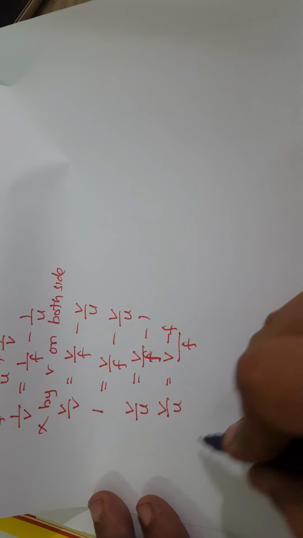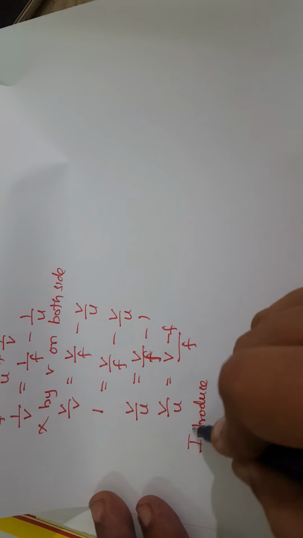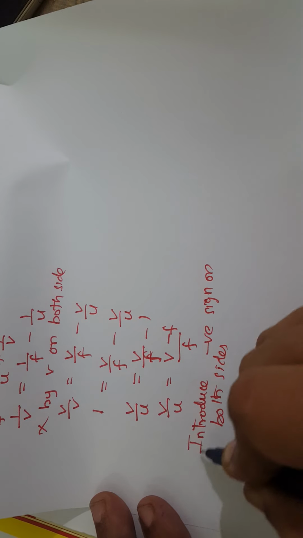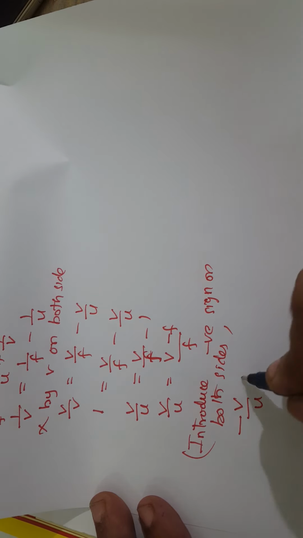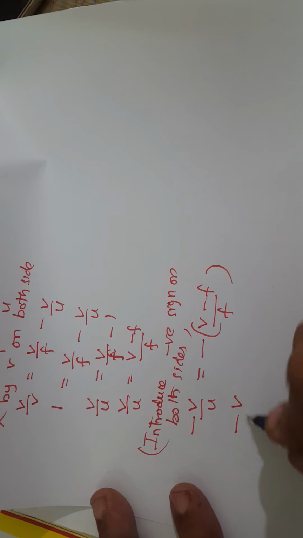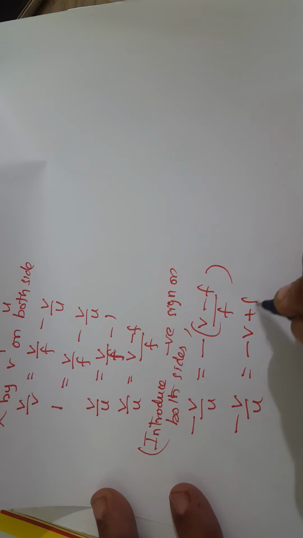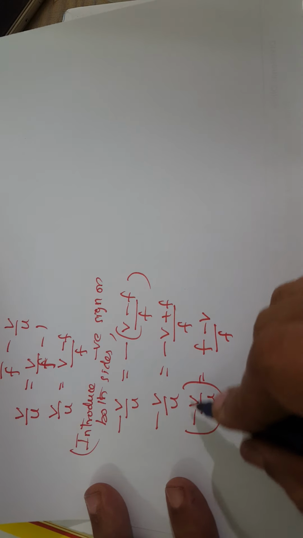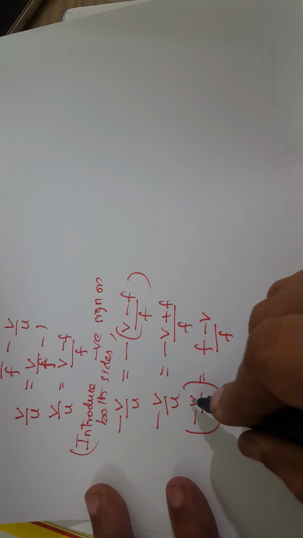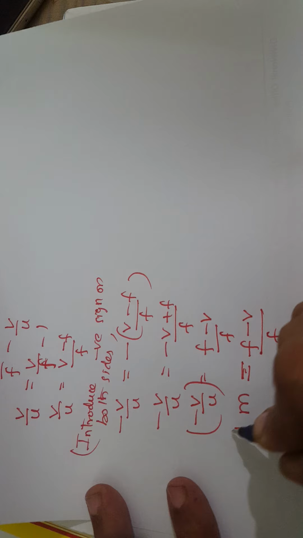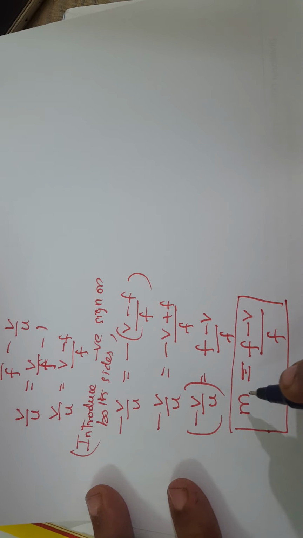Now what you can do is, you can introduce a negative sign on both sides. So minus v by u, here you introduce minus. Bring this negative sign inside the bracket. So you will get minus v plus f by f. Minus v by u is equal to f minus v by f. You know that minus v by u is nothing but magnification, right? Image distance by object distance is magnification. So m is equal to f minus v by f. This is another form of formula for magnification.